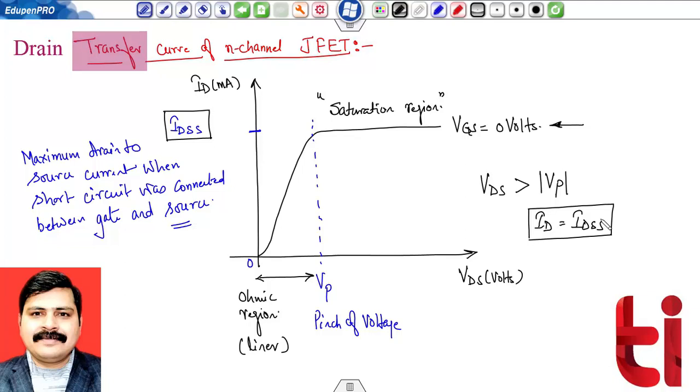So now let us see what will happen if some external voltage is connected between gate and source. You can recall initially I have told you that the working of a junction field effect transistor is somewhere equivalent to the flow of water from a water tap. And I have told you that the controlling knob of the water tap is equivalent to the gate. That means we can control the flow of this current by connecting some external input voltage.